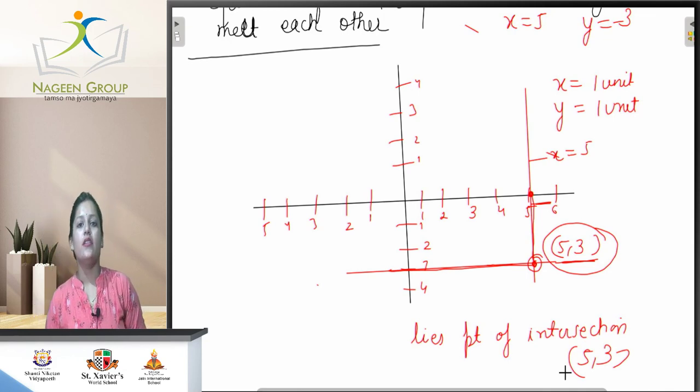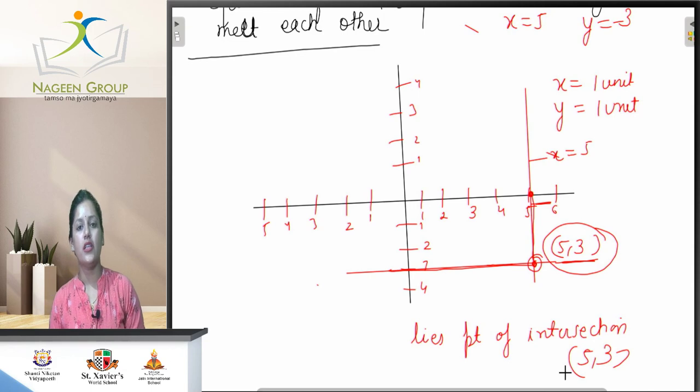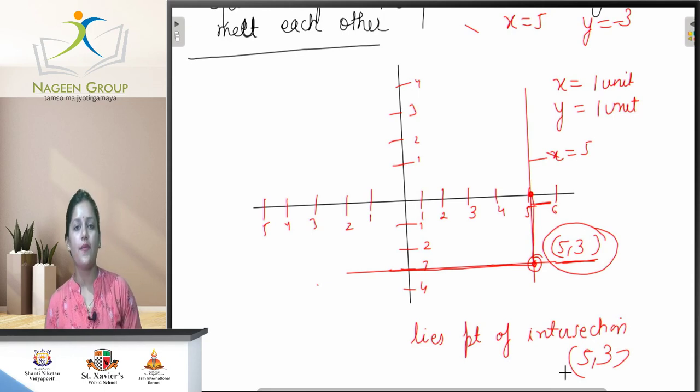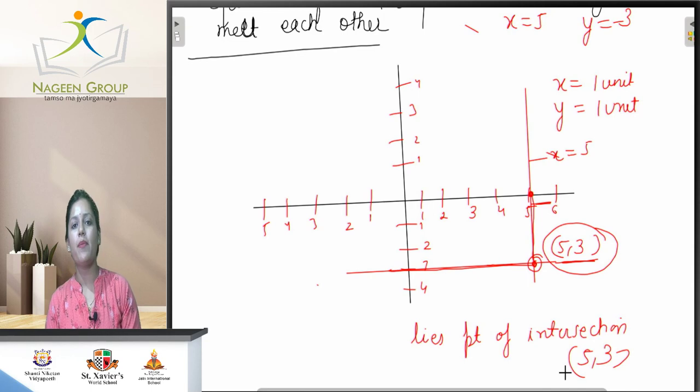So today we have completed our full chapter with 3 classes of linear equations in 2 variables. Now we have a last class, that is the summary class, in which we are going to revise the whole chapter in a revision class with a theory part. First was the class of introduction and second was of linear equation. Now this is our third class, that is solution of a linear equation, in which we have learned different types of solution, how to find a solution, as well as equations parallel to x-axis and parallel to y-axis. Only the summary part is left that we are going to complete in our next class, class 4.